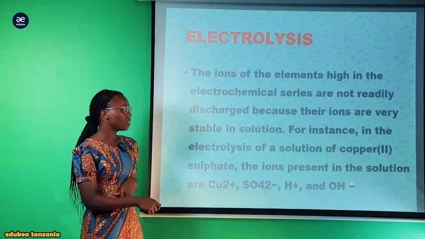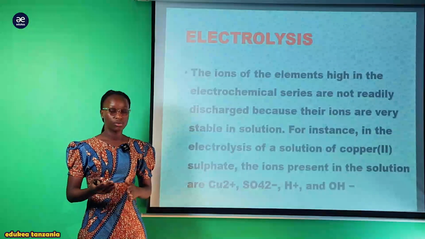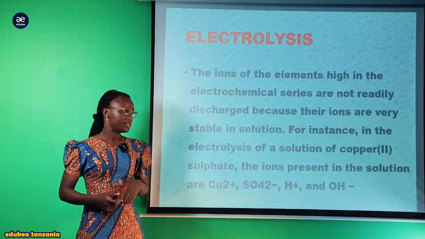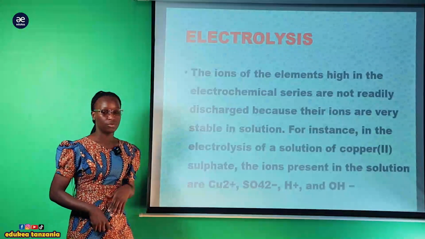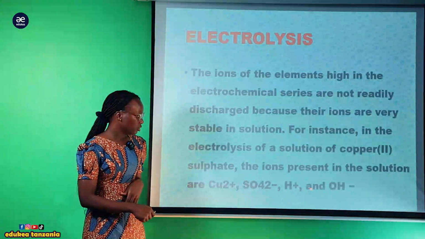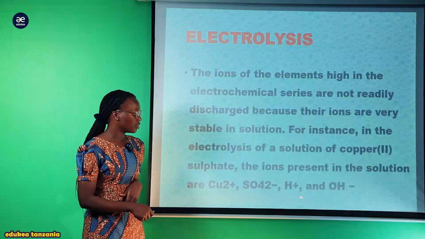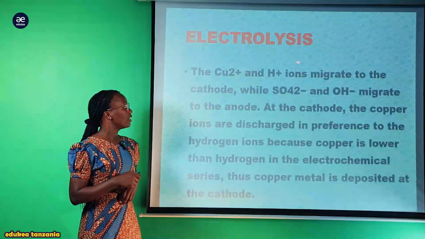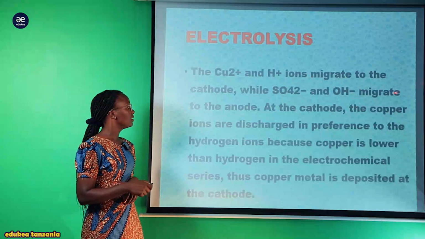This hydrogen and hydroxyl, they come from water. Now kwenye electrolyte sasa, solution yetu pale ya electrolyte itakuwa ni copper sulfate. Kumbe hapa tuna copper, tuna sulfate, tuna hydrogen na hydroxyl,